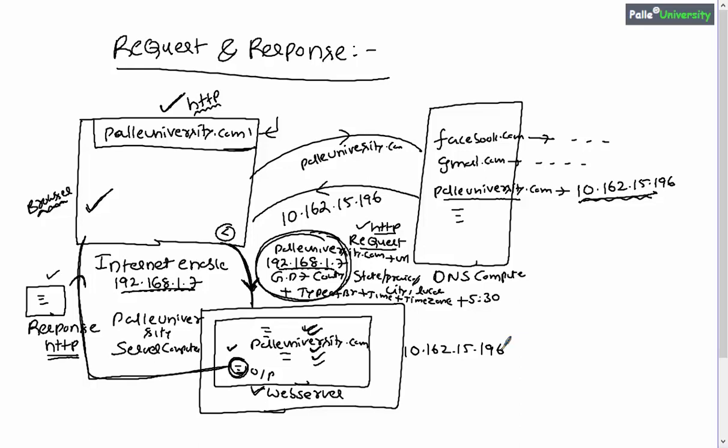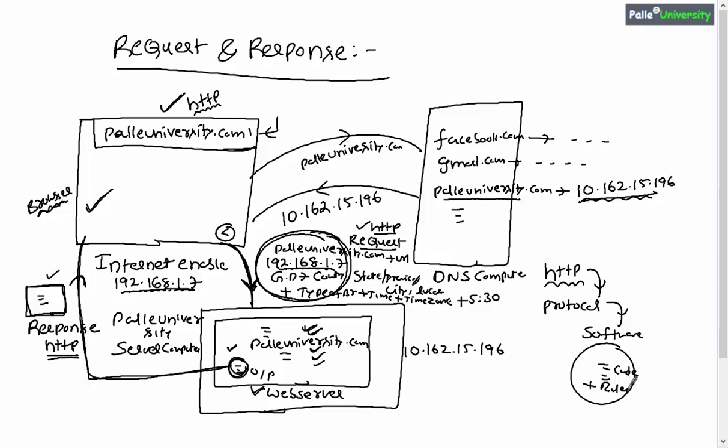So remember, from now onwards I will be calling the request as HTTP request and I will be calling the response as HTTP response. Now, some of you may get a doubt related to this HTTP. What is this HTTP? HTTP is basically a protocol. So remember, every protocol is a software. It will be having some code. The HTTP protocol is also having some code and some rules will be present in the HTTP protocol.